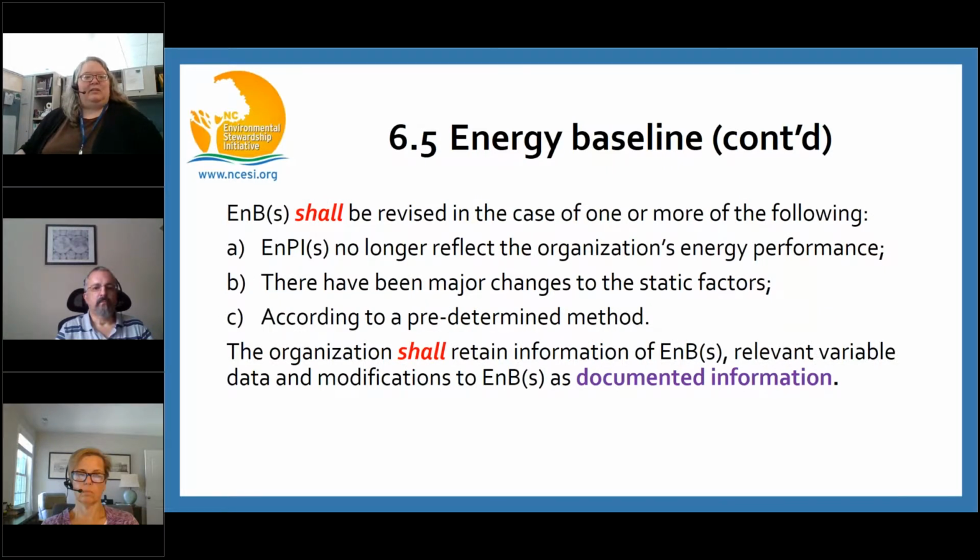All right. Continuing on with energy baseline, it shall be revised in the case of one or more of the following. So if your energy performance indicators no longer reflect your organization's energy performance, if you've had major changes to the static factors, and then according to a predetermined method. So any one of those things or a combination of those things can cause you to have to reset your